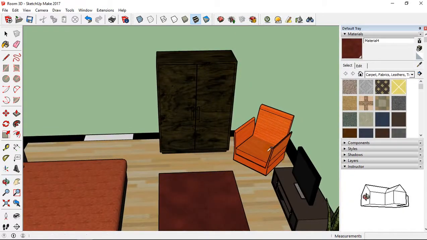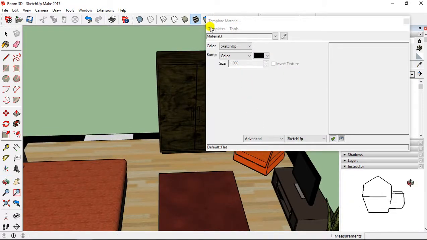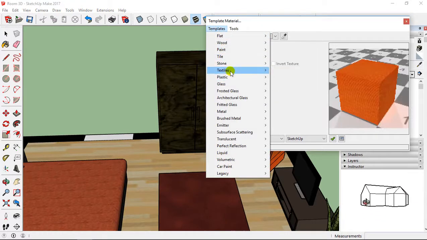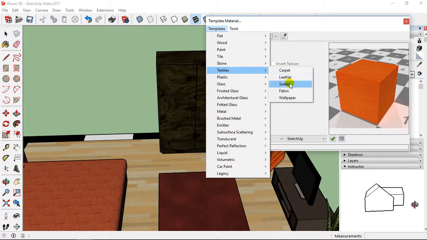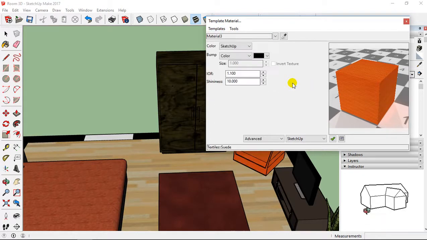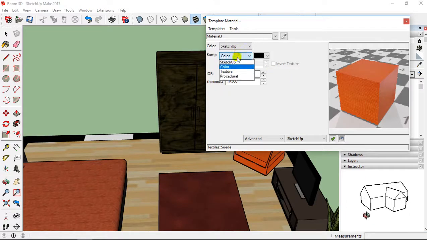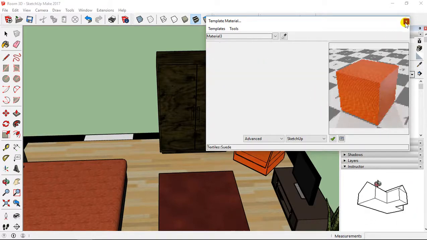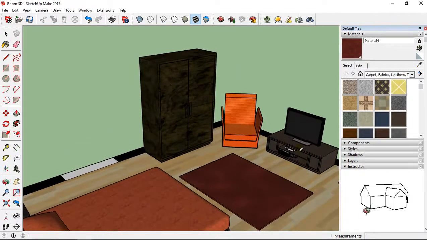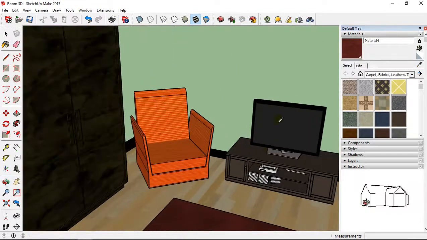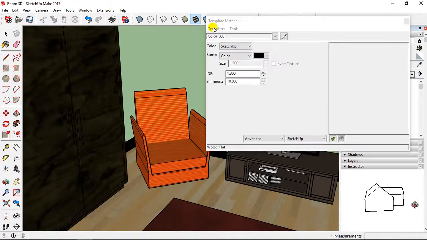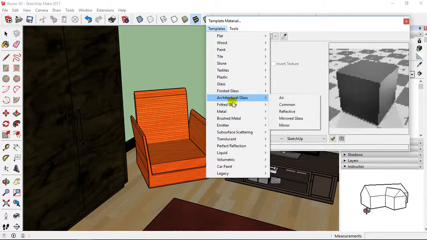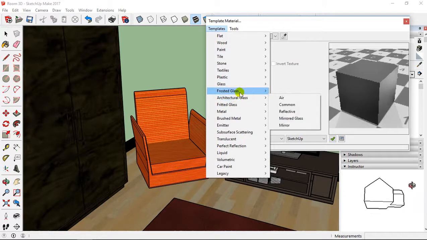Then I'm going to select the armchair, and from the armchair I go on textile, and I can select, for example, suede, like this. And I can add also bump. I select SketchUp, and I can improve like that. Then I continue. I'm going to go at this level. For example, the screen of the TV, I go on template, and I select architectural glass or frosted glass.